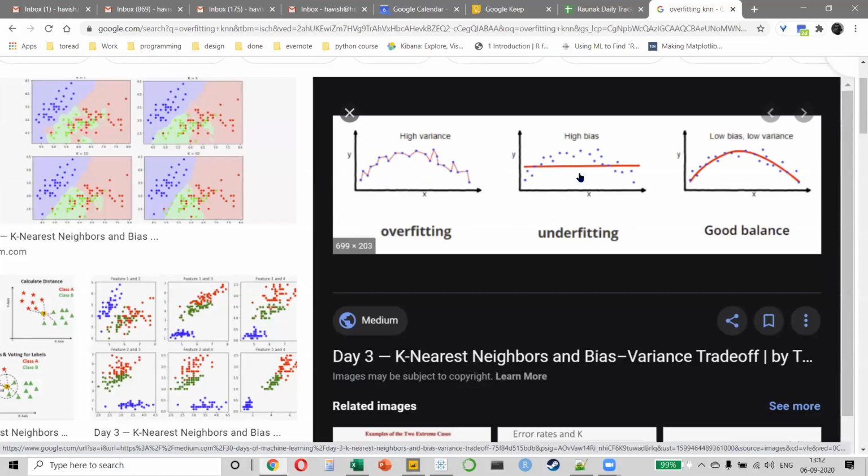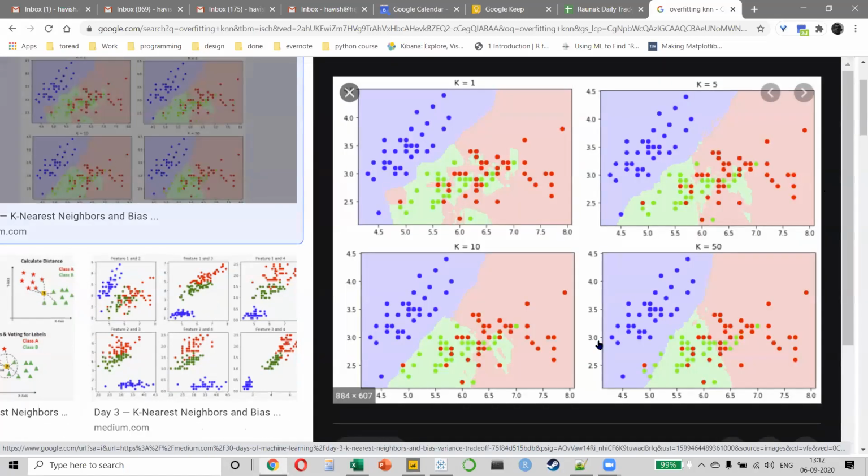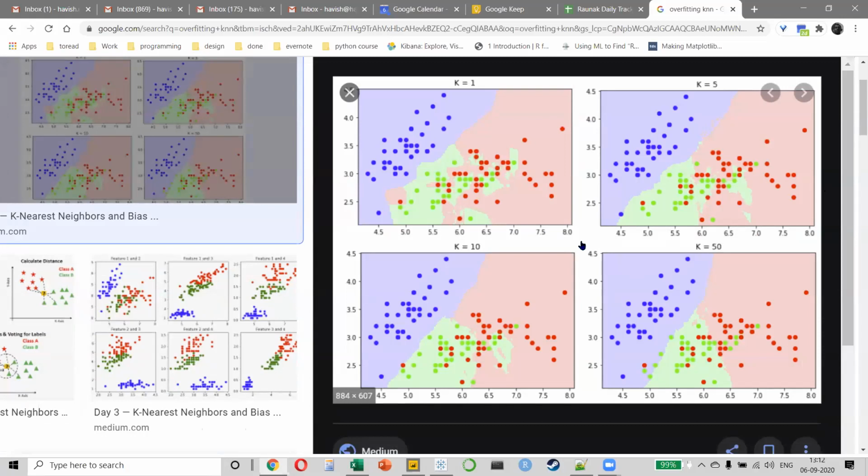This is not a straight line. This is called an underfitting, which means that you're trying to create a line. Usually in regression, we use this, correct? Linear line of best fit, linear regression, where we say that there is one line which is very close to all the dots. This is overfitting, this is underfitting, and this is what we call a good balance. That means we're using a sigmoid, we're using a curve. Now, if you notice, the curve is not connecting every dot, but it is as close to every dot as possible, right? And the same concept is very, very important when you're working with KNN clusters as well, because a lot of people say that a balance is very important.